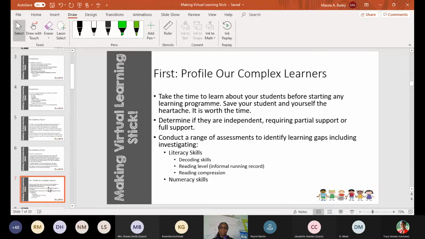First, you have to determine if they're independent, requiring partial support, or requiring full support. My experience, as I was introduced, is with students with autism. Those are the special learners that I service. So this presentation is going to gear a lot to teaching children with